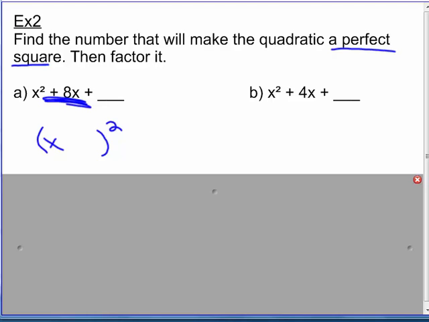So if I know that it's going to be 4x and 4x, I know that I'm going to have 4 and 4, which is 16. So I get x plus 4 squared equals that. If I look at b now, I have 4x. Well, if I know that's going to be the same, that's going to be 2x and 2x. So that's going to be x plus 2 quantity squared